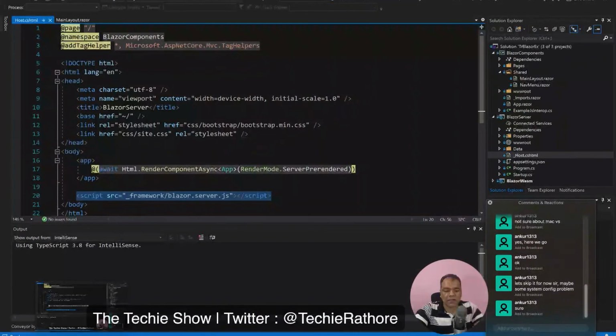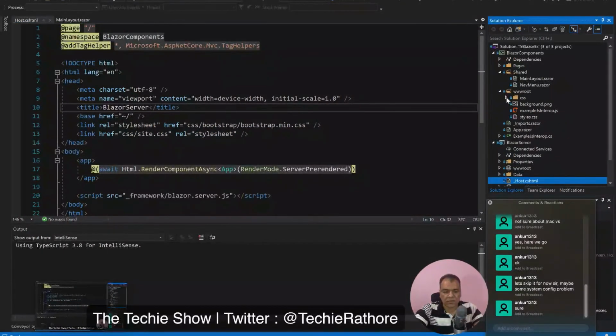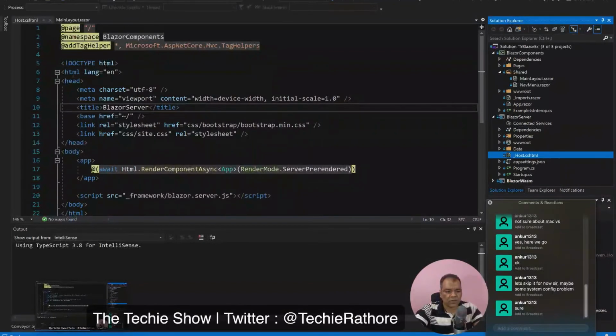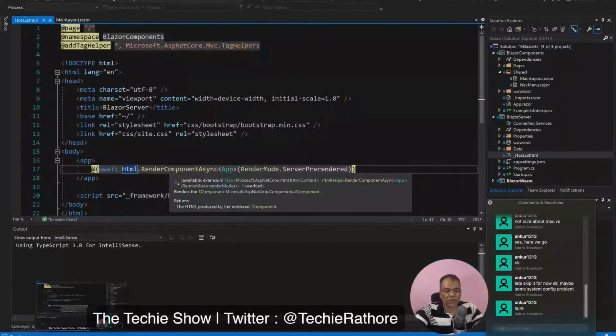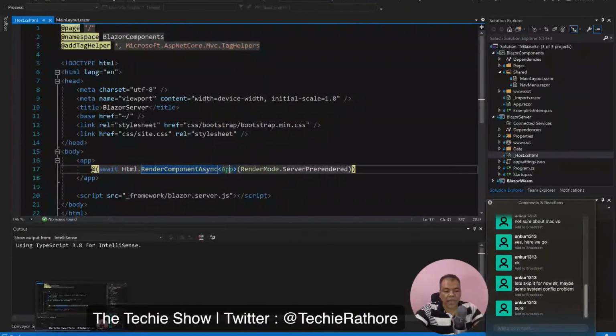And this is the bootstrap.min.css being used in the application. This is the regular style sheet, like the site.css, which is available, if you see here, in the CSS folder. Okay, so we have this site.css and all those things. Then the namespace, I'm using the Blazor components, and if you see here, Html.RenderComponentAsync App.